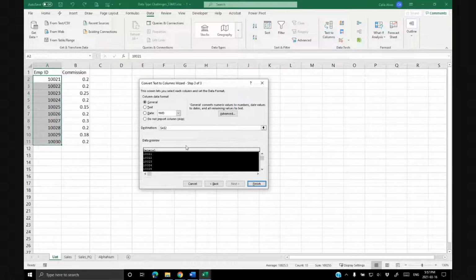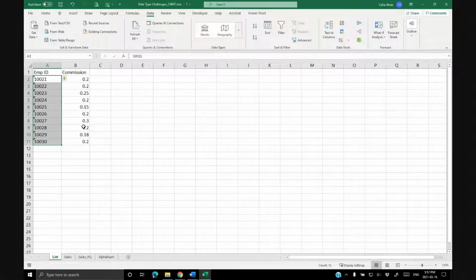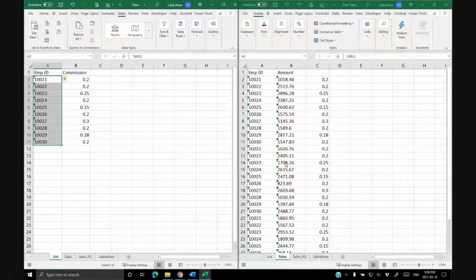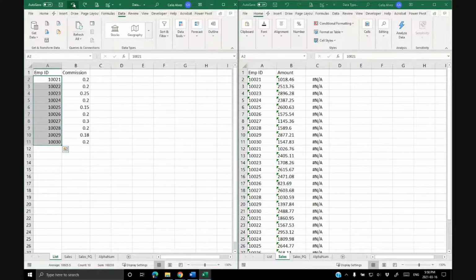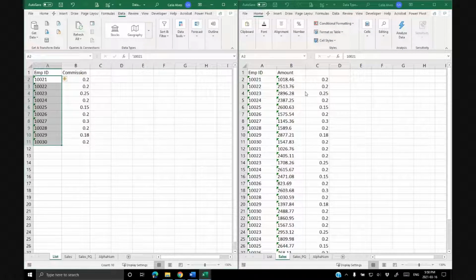And in here, that's the important step. I want Excel to recognize these cells here as text. So if I do that and then click finish, I have my cells aligned to the left, and let's check our table, our formulas in the other sheet. You see now? If I do undo, formulas don't work. If I repeat the text to columns, now my formulas work